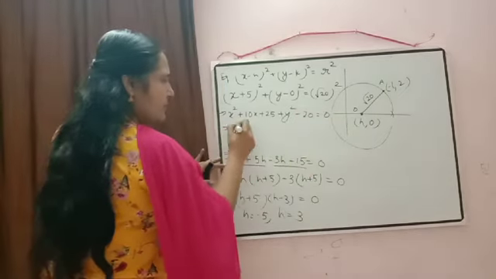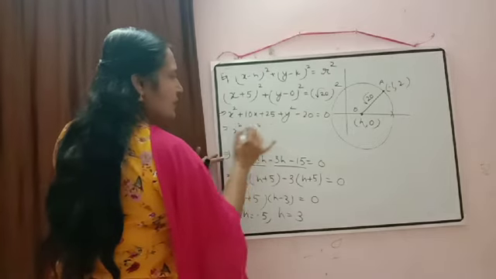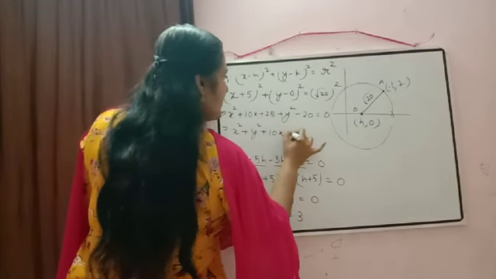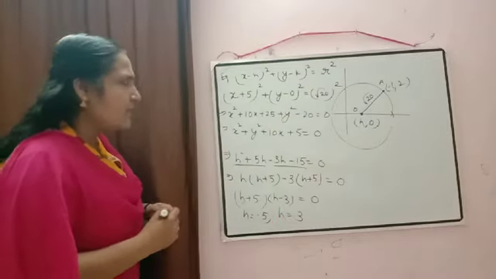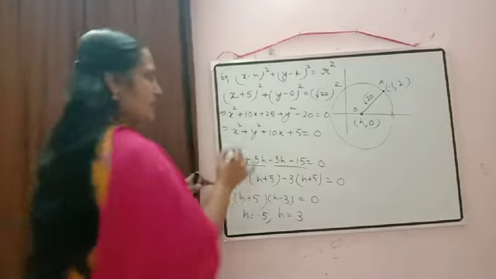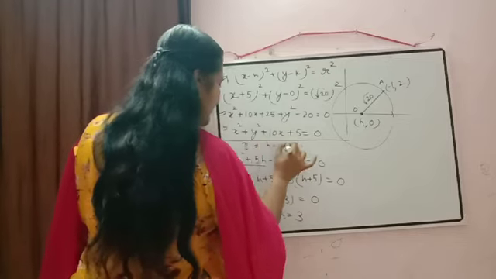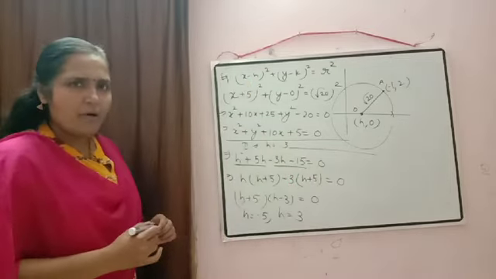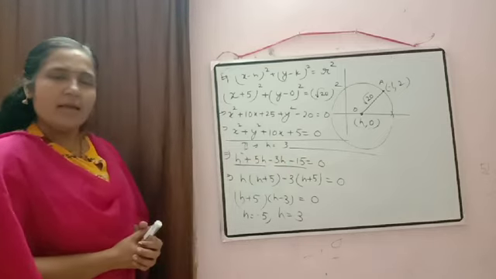Just write it together there. x square plus y square, rearrange it. Okay. Plus 10x, then 25 minus 20 will be equal to plus 5, is equal to 0. So this one I have explained to you when we have taken h is equal to minus 5. In the same way, one more equation will come when you take h is equal to 3. So I think you can frame that equation. No problem in that? Okay. So please frame the second equation by yourself.